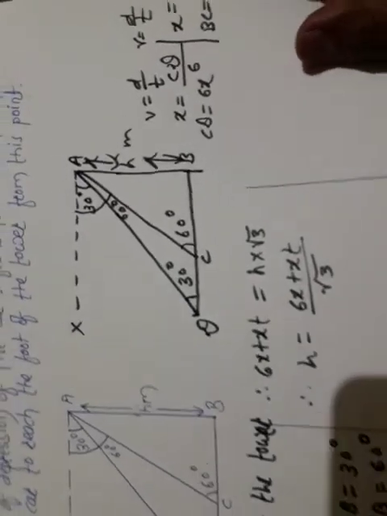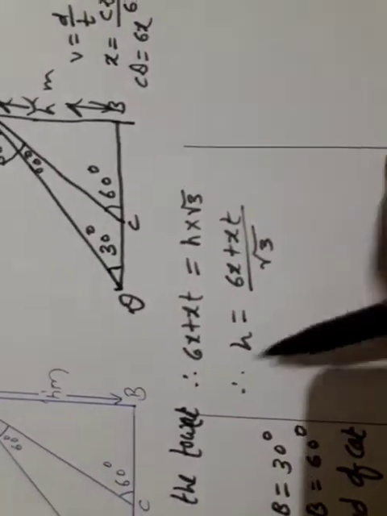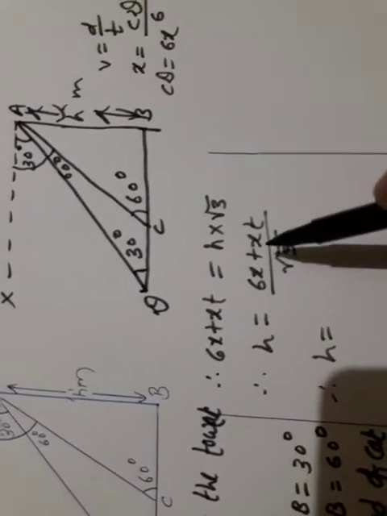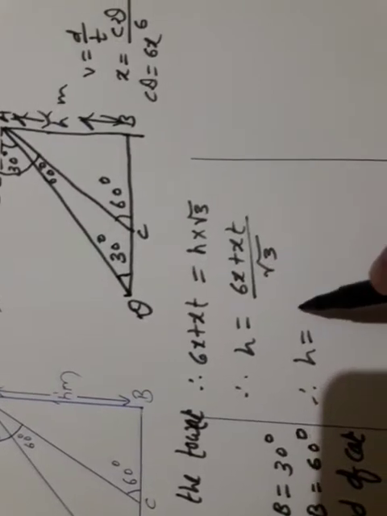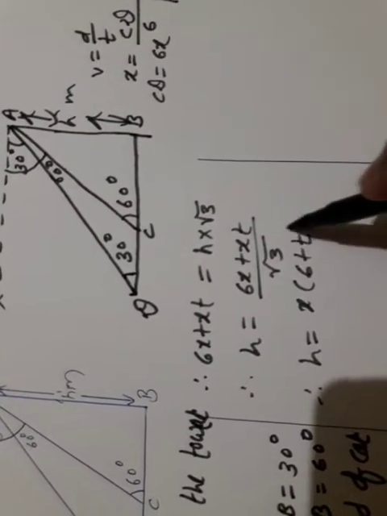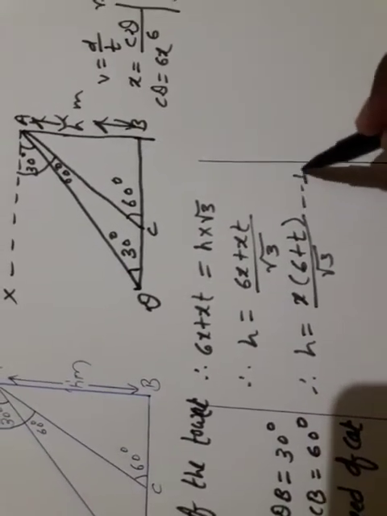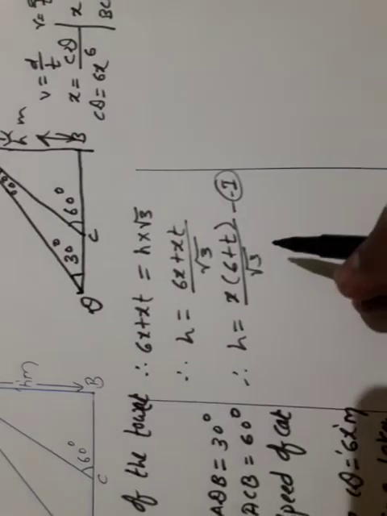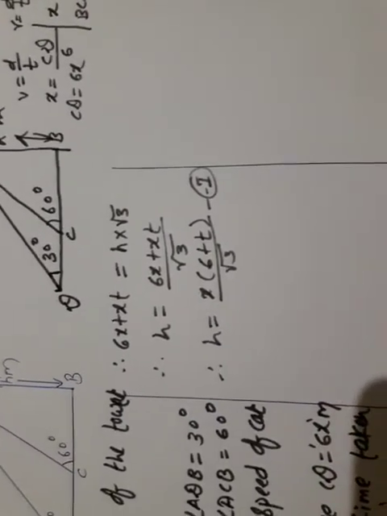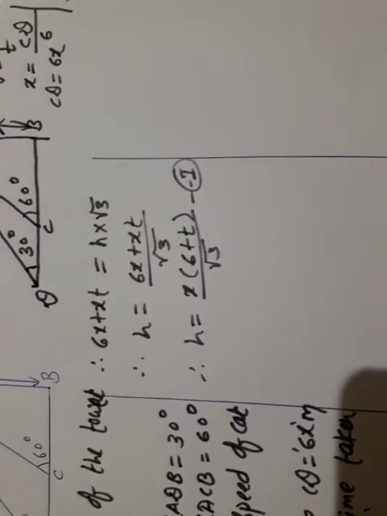Got idea what I did? Try to understand what I did over here. ये जो √3 है इस साइड को डिवाइड किया है. Therefore H is equal to, here X is the common factor. देखो X कॉमन फैक्टर निकालो बाहर. X in bracket 6 प्लस T डिवाइडेड बाय √3, इसको बोलेंगे हम इक्वेशन नंबर 1. Okay, we got here the value of h. What is the value of h? X in bracket 6 plus T divided by √3.